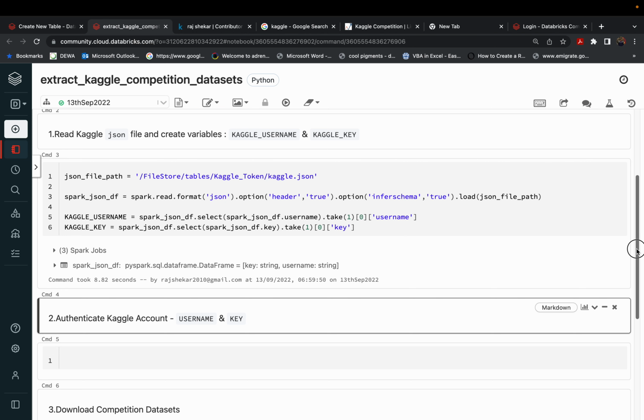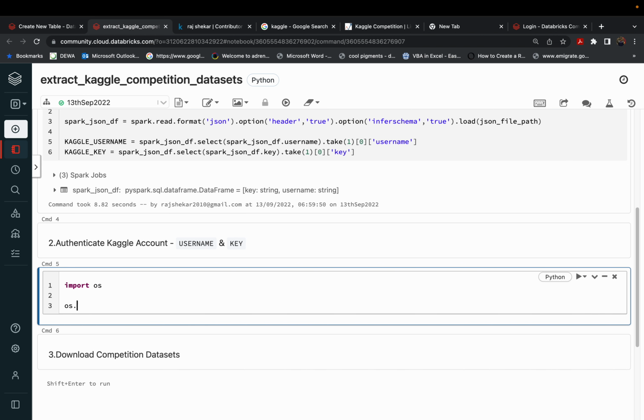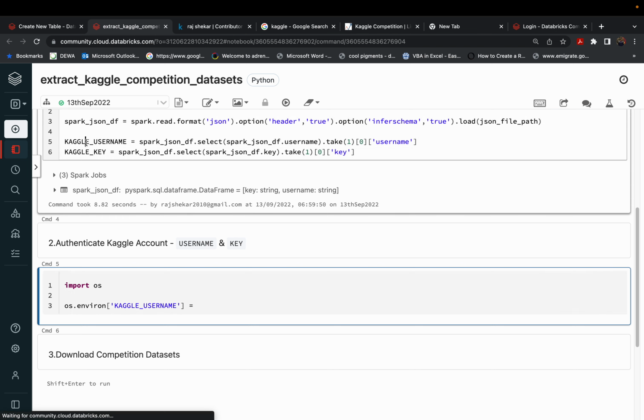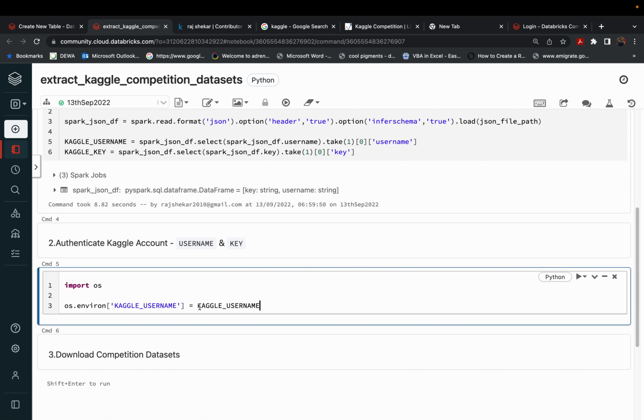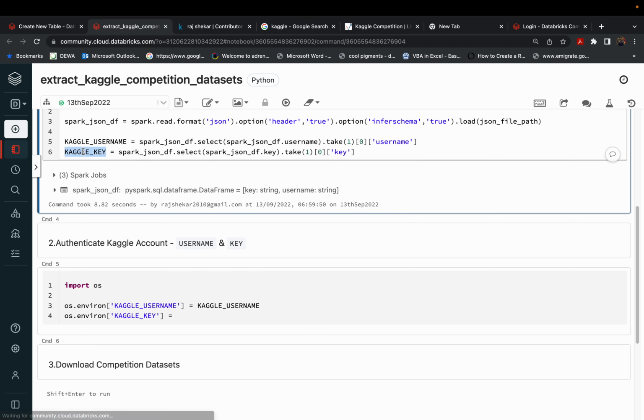Next, we will start authenticating our username and key. So to authenticate, we need to import os and set the environment for Kaggle. I'll write os.environ. Within this, I'll write Kaggle username is equal to Kaggle username, this variable. I'll copy this and paste it here. And the same os.environ, and this would be Kaggle key. This is the Kaggle key which we have just created,